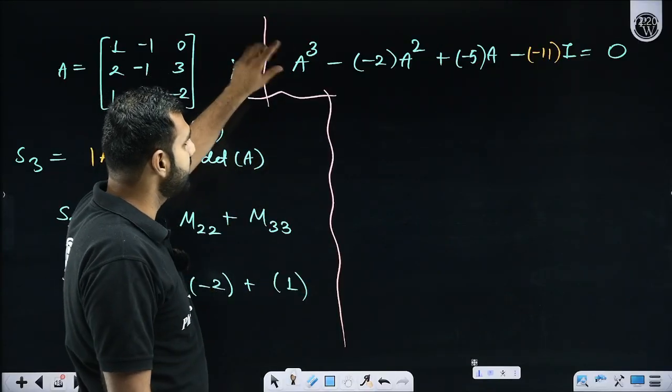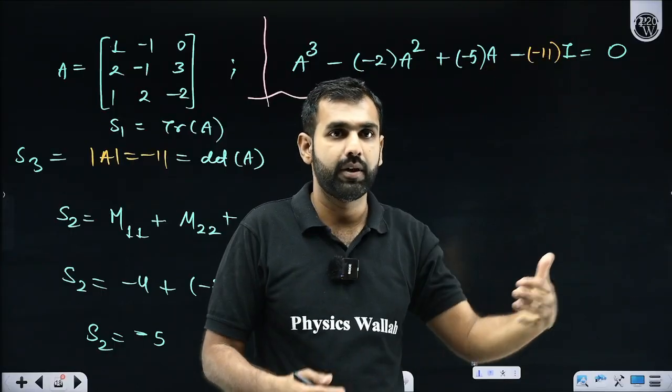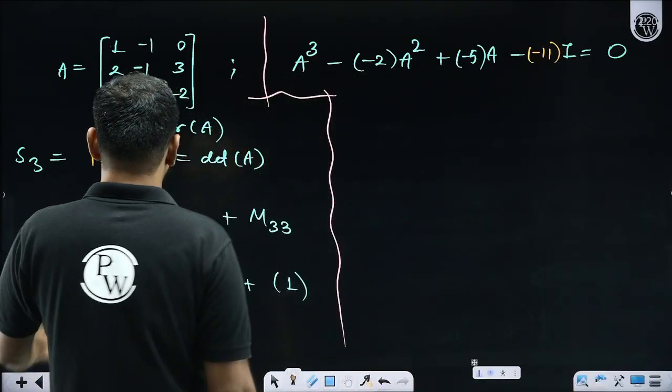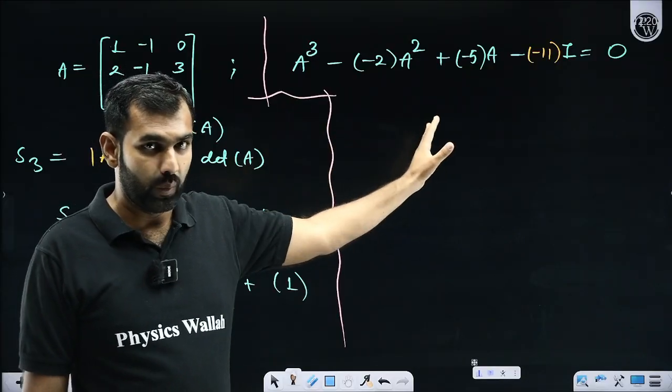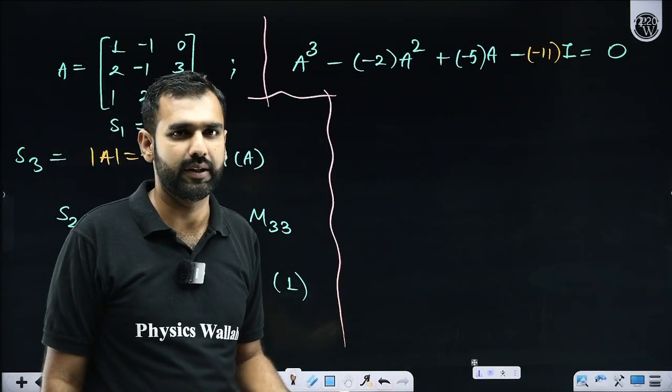So first of all, plus, minus. But these signs, I hope, are coming up because of the values S1, S2, and S3. Yes or no? So everyone comfortable? How do we write a matrix polynomial or a characteristic equation for a cubic? Yes or no? Give me a quick update on that. Or shall I re-explain that?